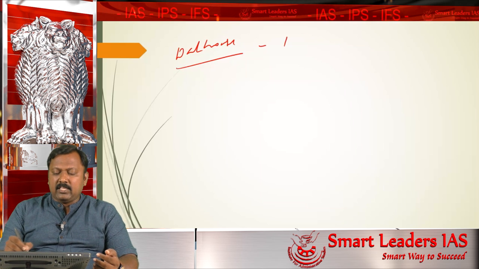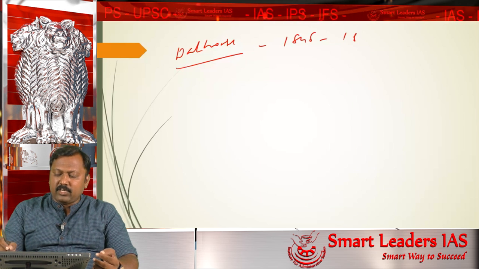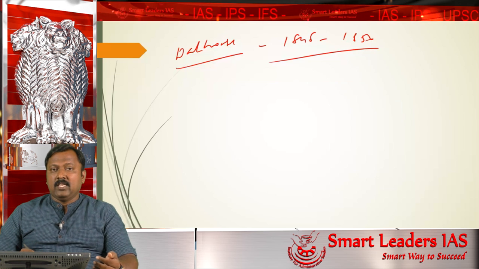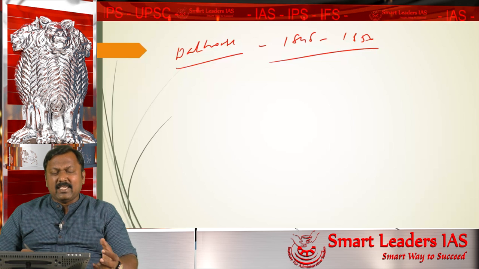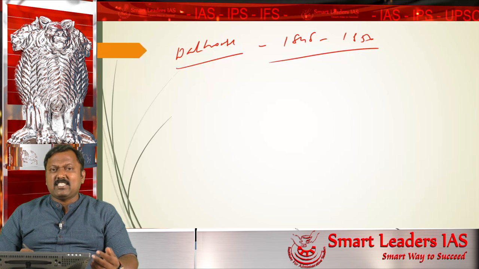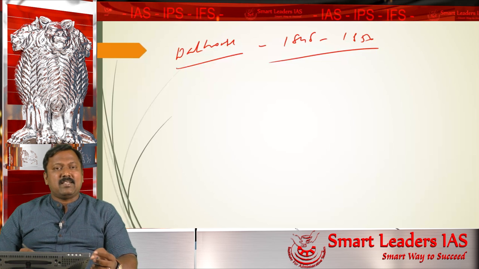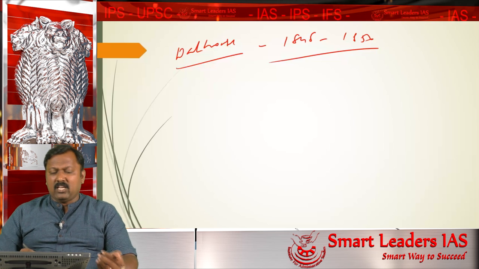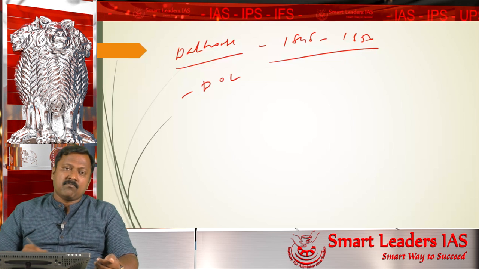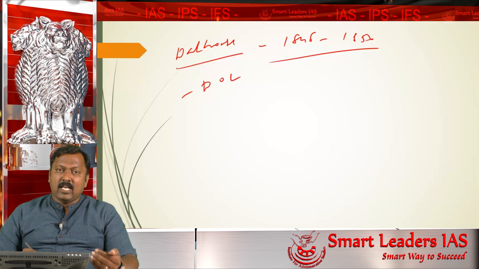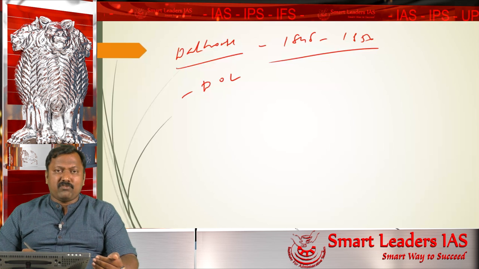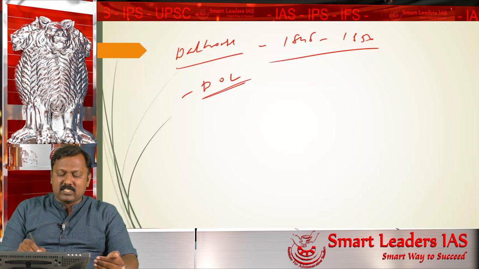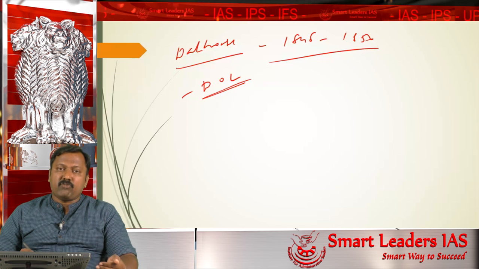Dalhousie came to India in the year 1848 and ruled from 1848 to 1856. He was an important Governor General, and whatever existing small states had not been annexed were annexed using certain mechanisms, for example the doctrine of lapse. You must know I have done a separate video for the revolt of 1857, part 1. In that video I spoke about the doctrine of lapse, how it was implemented, what its meaning is, etc.